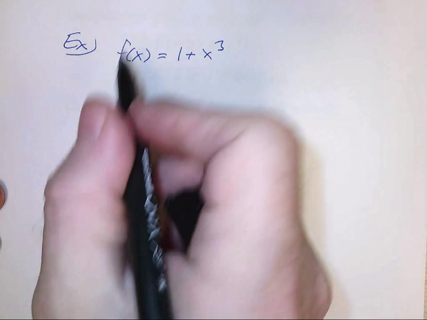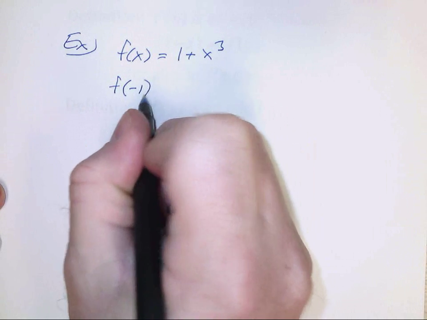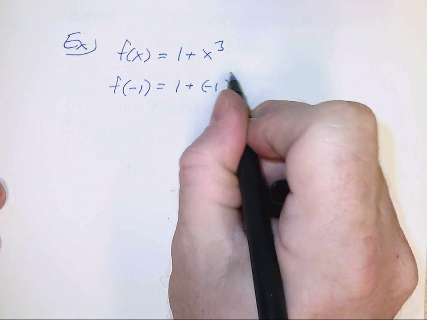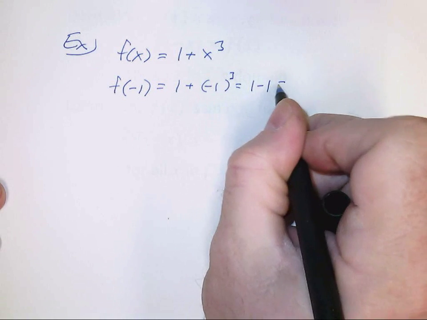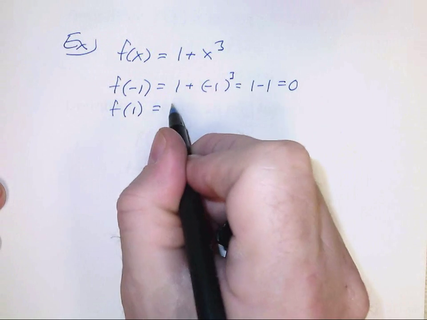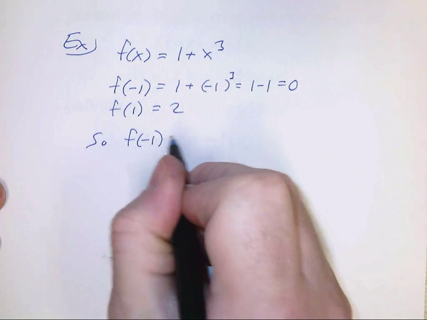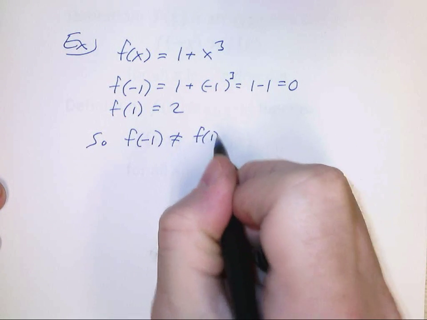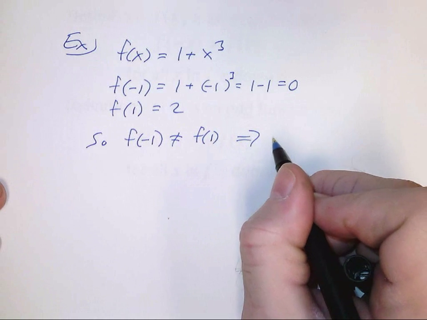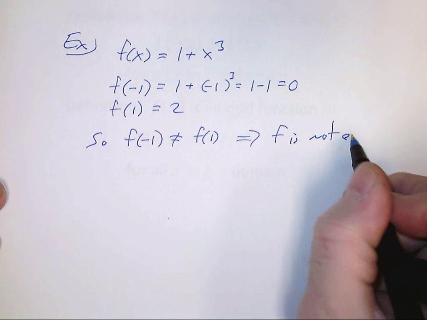And all I have to do is find points that don't work, right? So my f of negative 1 is 1 plus negative 1 cubed. It's 1 minus 1, which is 0. f of positive 1 is just 2. So f of negative 1 isn't the same as f of 1, right? And this implies that f is not even,